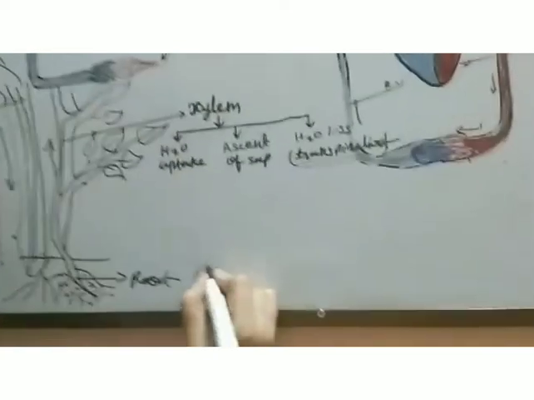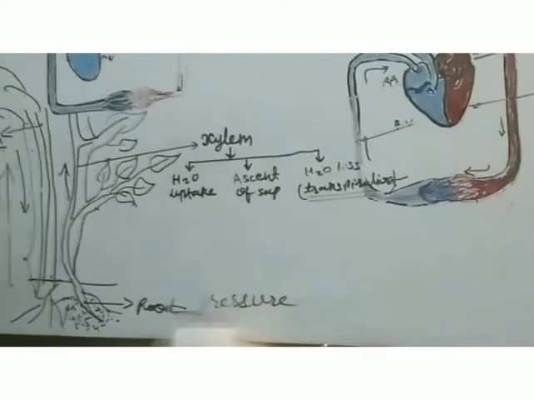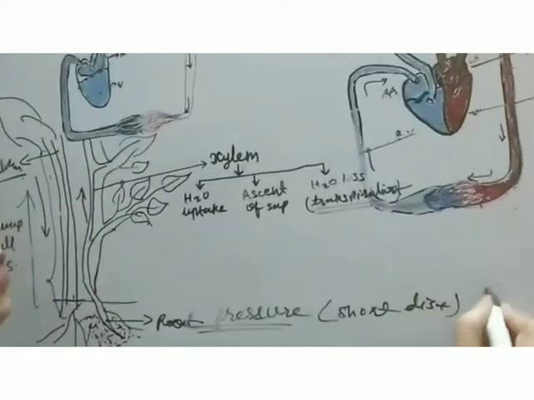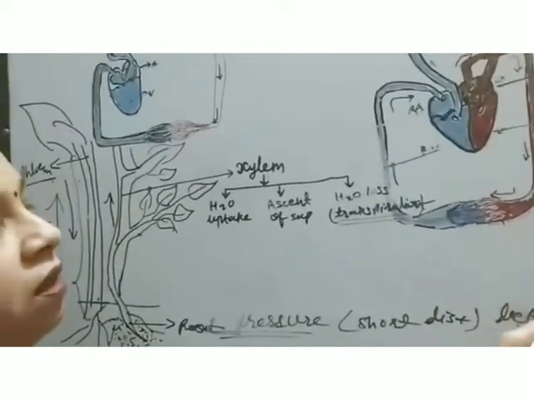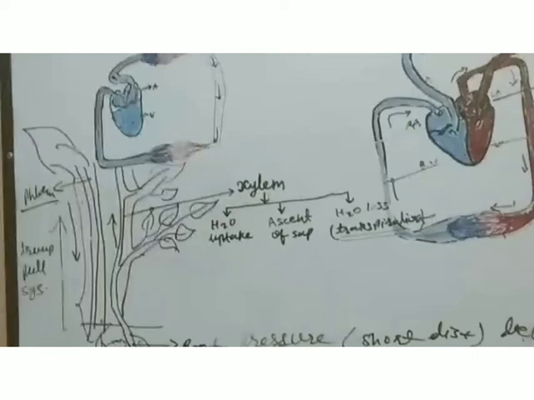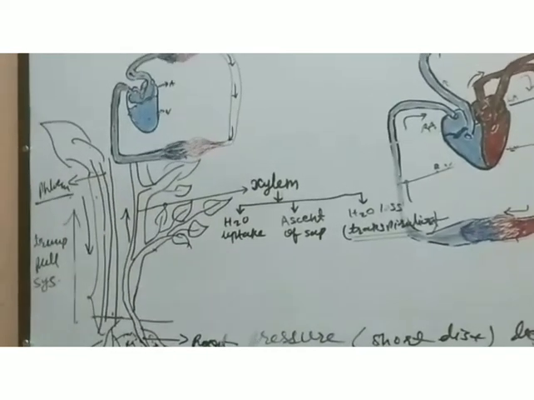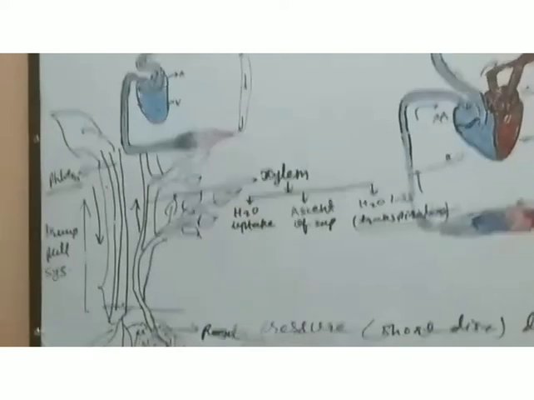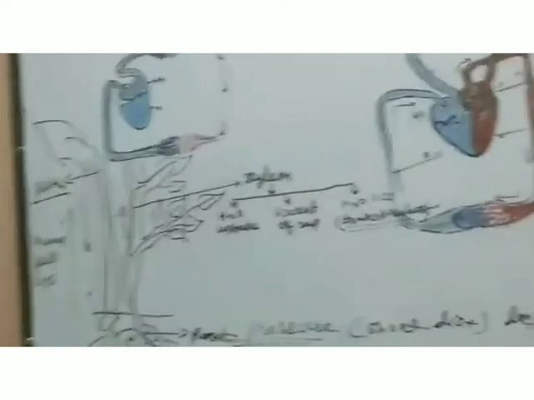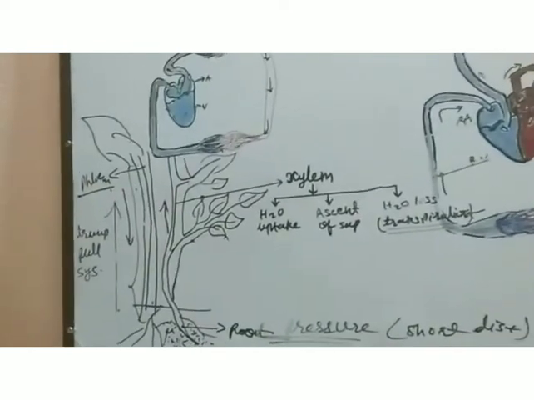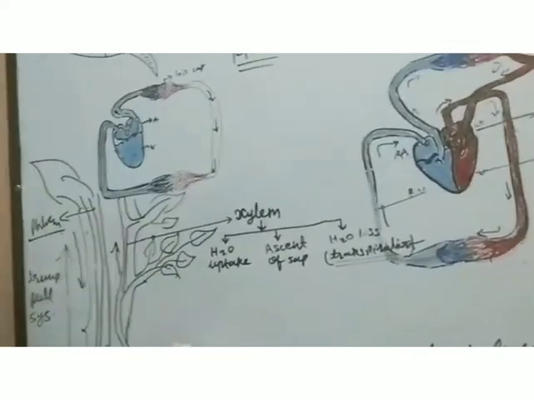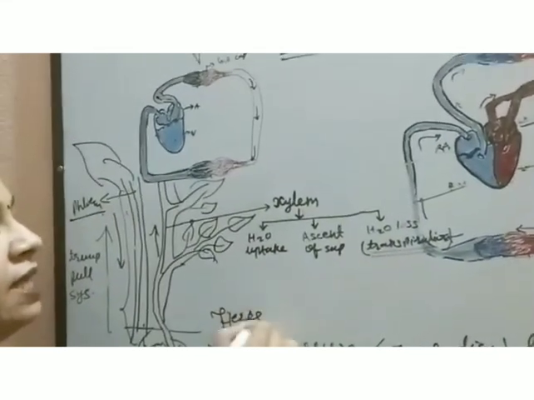Root pressure theory is applicable for the short distance where diffusion works. According to the root pressure theory, the root absorbs water and exerts pressure, the root pressure, which pushes the water upward. But the transpiration pull and cohesion tension theory explain the upward movement of water in tall trees only. Root pressure theory is applicable for herbs or grasses only.